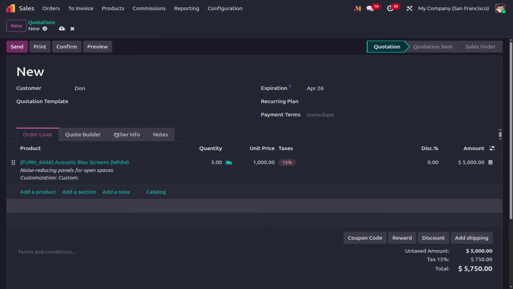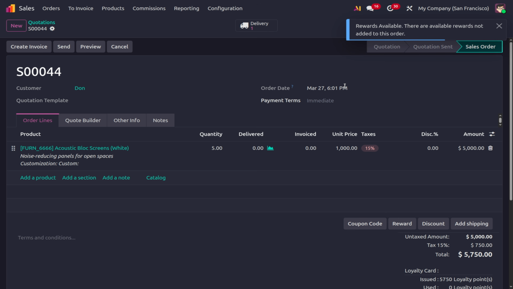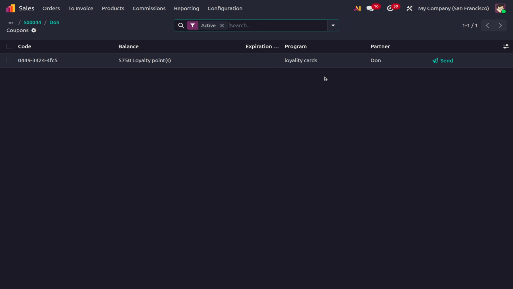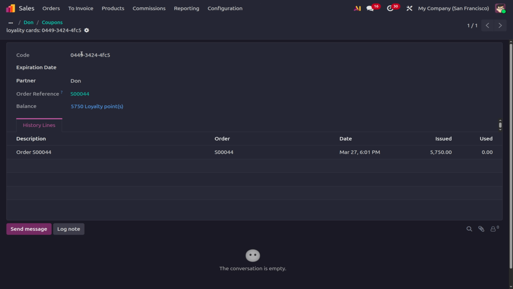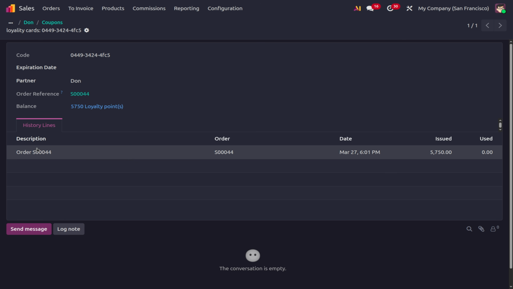Now we can see that once we save it and confirm the order, the reward is applied, and when we move to the partner's profile, we can see the loyalty program and loyalty card for this partner. So we can copy the code of the loyalty program and we can apply. So here we can see